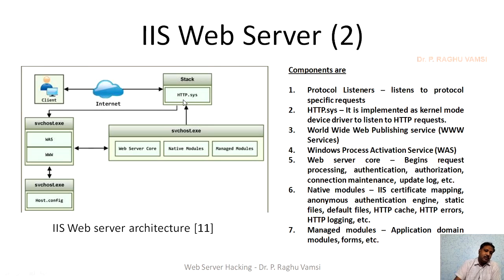In this, the main component the attacker will try to target is HTTP.sys. This HTTP.sys is a key of this entire architecture. Once HTTP.sys was identified and tracked, then you can easily come to know what activities will be carried out by these things, because it is directly connected with the kernel stack, and this is a bidirectional service between the WAS and WWW to the core